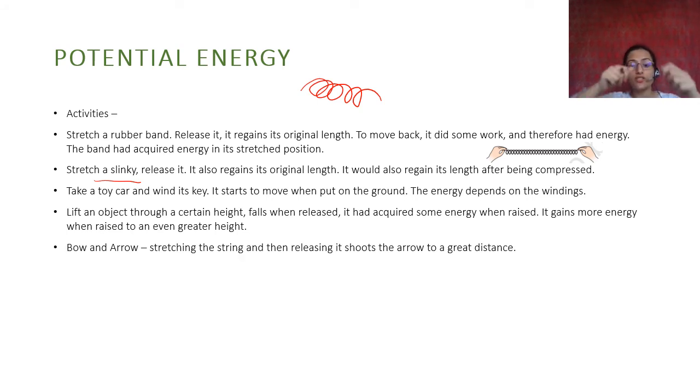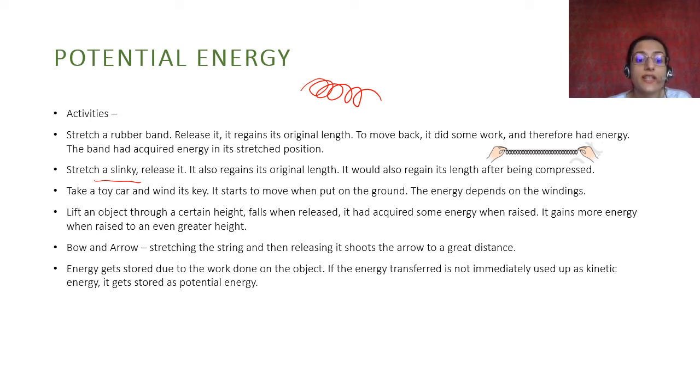Like your bow and arrow, you stretch the string and then you release it. When you stretch it, right, आपने ऐसे उसे stretch किया, it is getting a certain amount of energy because of the work you are doing on that stretching. आप stretch करने के लिए you are exerting a certain amount of energy, you are doing a certain amount of work that gets transferred to that string. When you release it, it gets kinetic energy or it moves further. बहुत आगे जाके it moves because that object gets kinetic energy. But when you are stretching it, it also has a certain amount of energy. It gets stored in it, right?